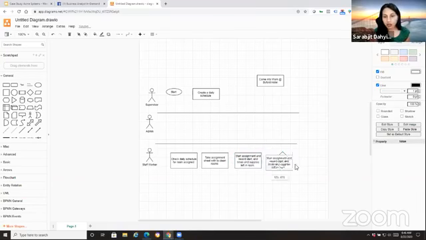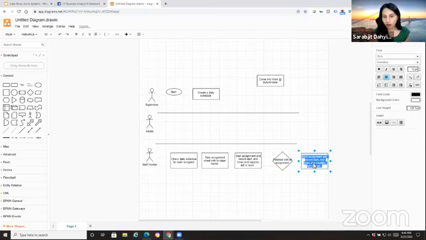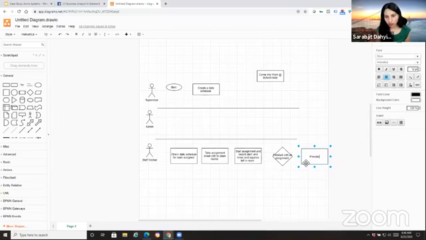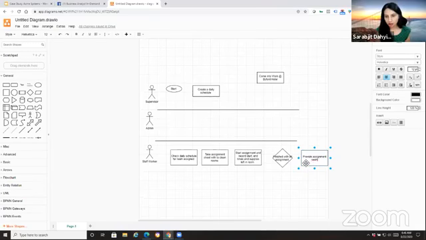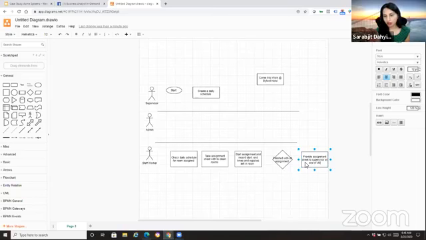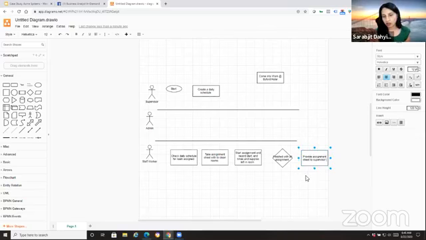But if they are done, then provide the assignment sheet to the supervisor.